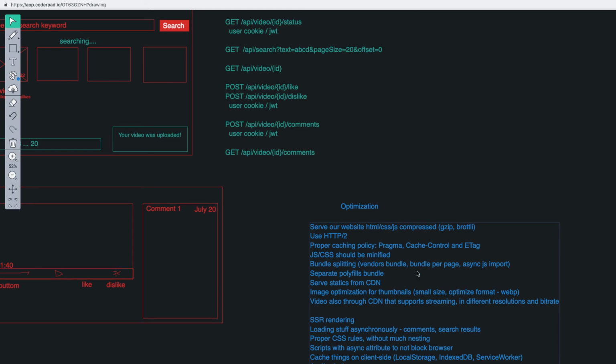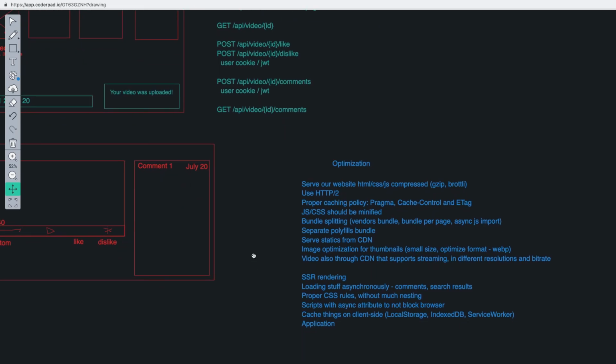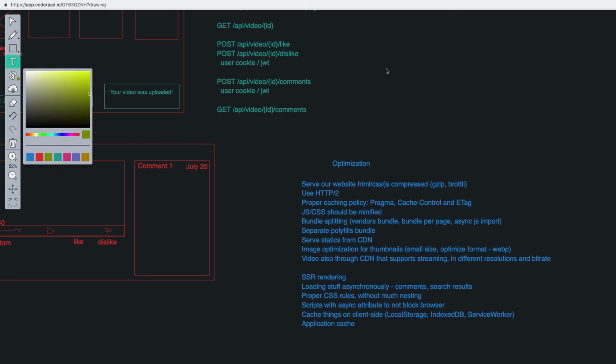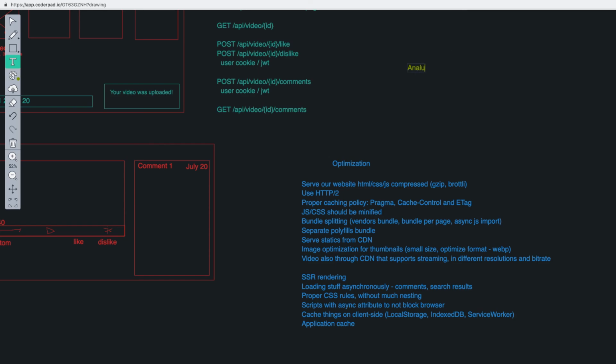Again, maybe we want to make our app a PWA. So this will also be something that might be required here. So we talked about how we can make our website fast. Of course, we also will need to have some sort of analytics of our website. So a few things I would love to mention here. What sort of analytics do we want here? First of all, we will now track